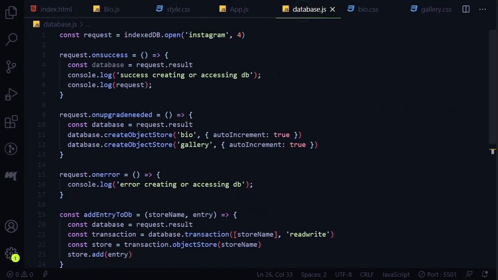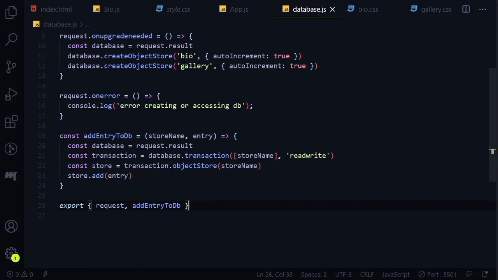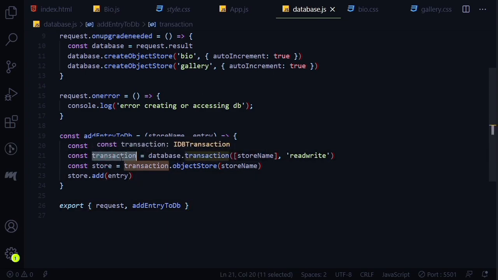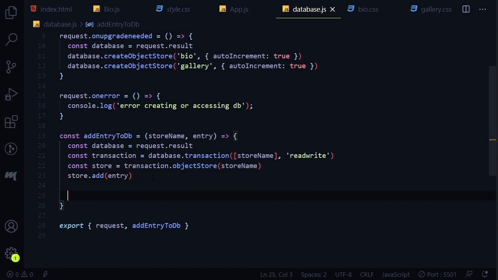Now back to our database file where we created our addEntryToDb function. Transaction has a property named onComplete, and this property is supposed to tell the application what to do whenever a particular transaction has been completed. So for example, we're adding an entry to the DB. After we've successfully added the entry to the DB, what do I do next? How do I let you know that I've added this entry to the DB? So here's what I mean. Right on line